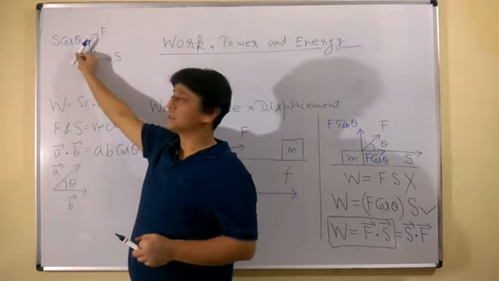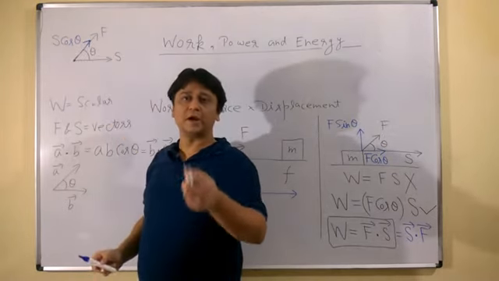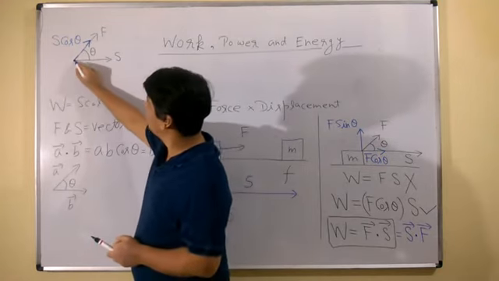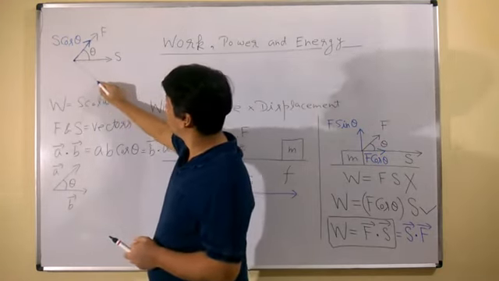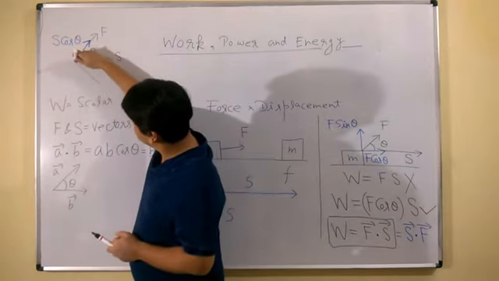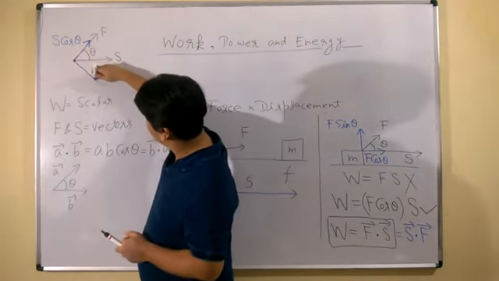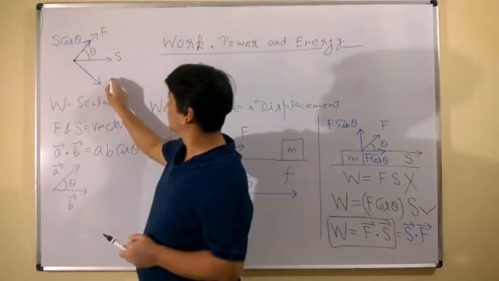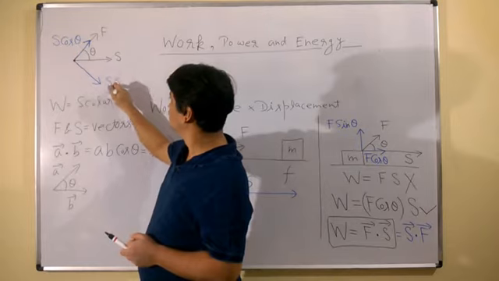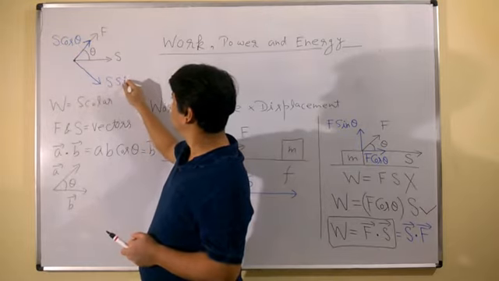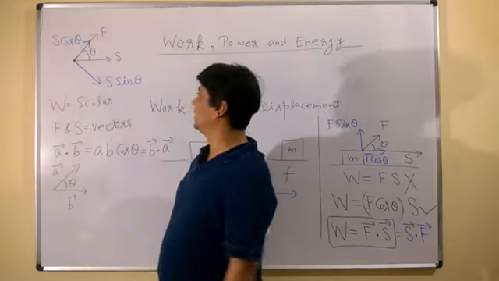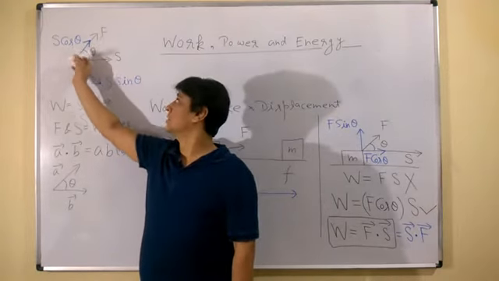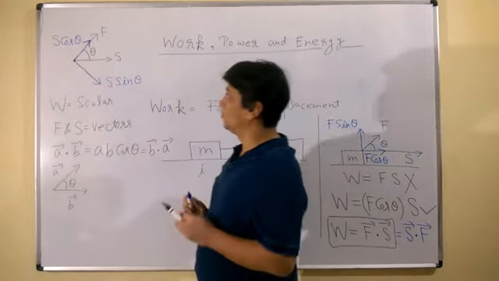अगर एक कंपोनेंट इस तरफ लिया है, तो दूसरा कंपोनेंट पहले वाले से कहां लेते हैं आप? 90 डिग्रीज पर. That's the other component. This is the direction of other component, which is like this. S sin theta. S cos, S sin.